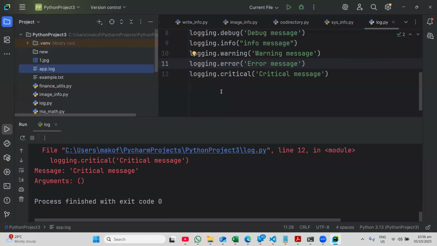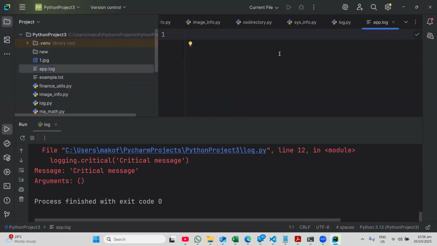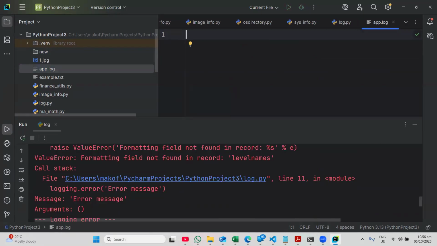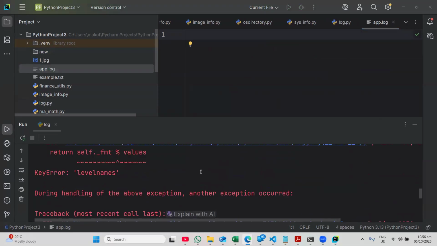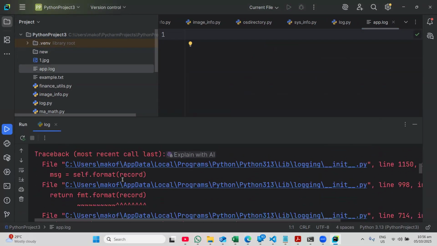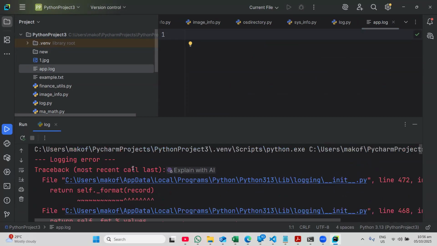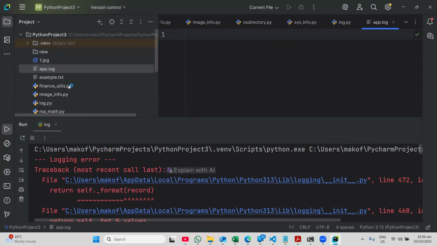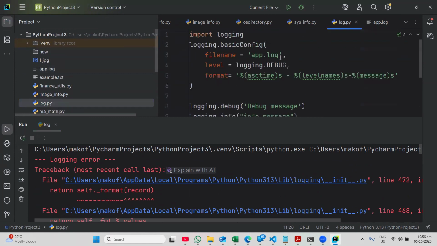If I open app.log, oh, I have an error. Sorry. Let me check this. Let me see. No. Okay. So